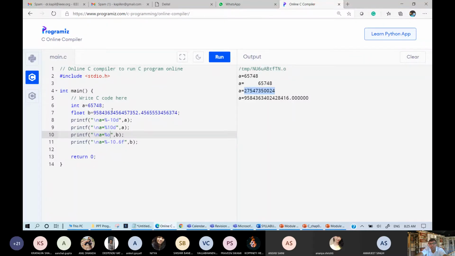If you are calculating this value, the value of I had already written, actually it is B. Fine. So this will give you octal equivalent, and if you want to find hexadecimal equivalent, just put x. So it will give you hexadecimal equivalent also. If you are putting capital X, it will give you hexadecimal in capital letters. Okay, yes or no?